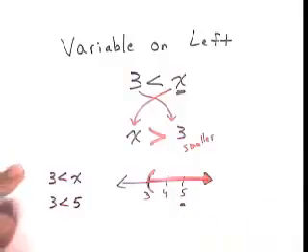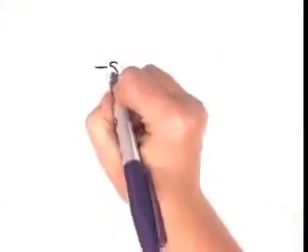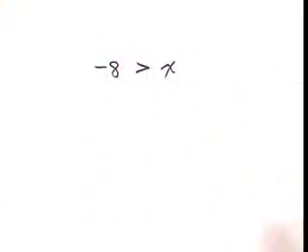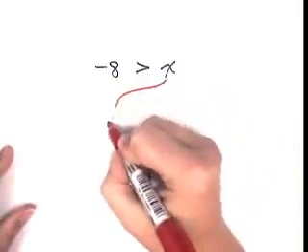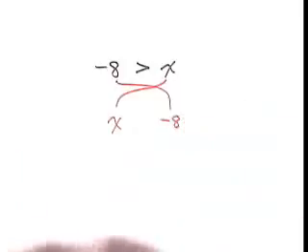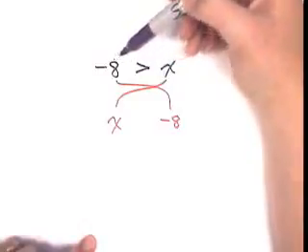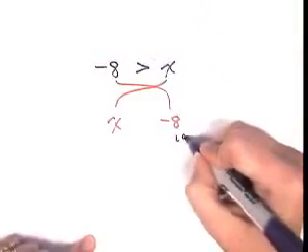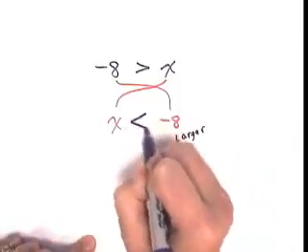Let's look at one more example to make sure you've got it. What if they told you that -8 was greater than x? If the directions say to graph this, remember that I want my variable to be on the left. I want the x over here. I want the -8 over here. And so all I have to do is think. In my problem, I was told that -8 is the larger amount because it's bigger than my x. So here I still want my -8 to be the larger amount,